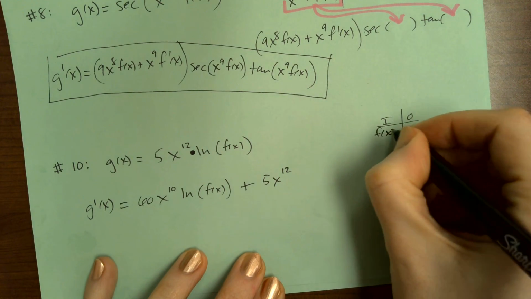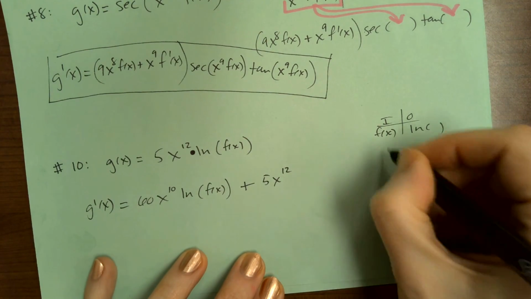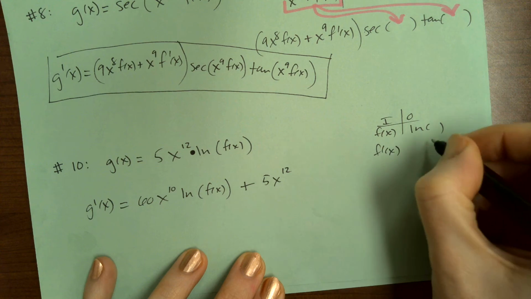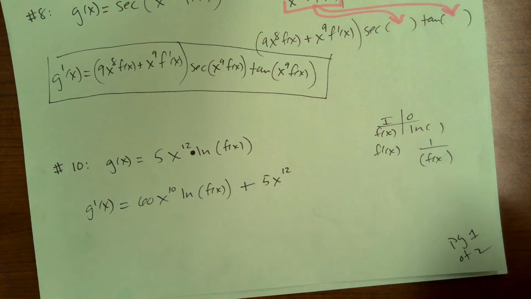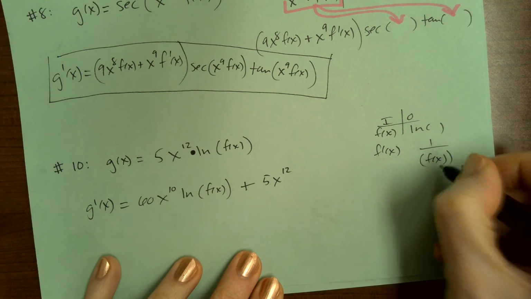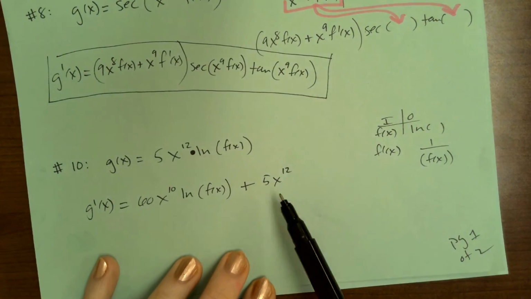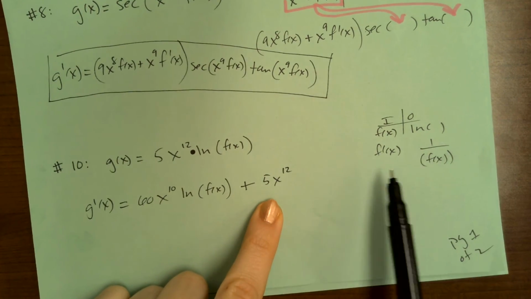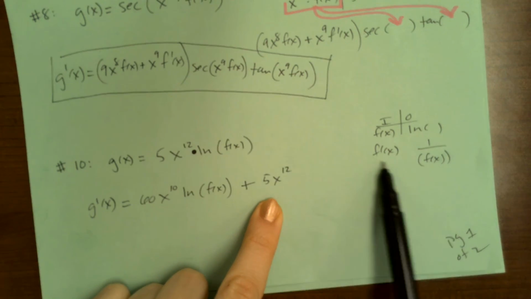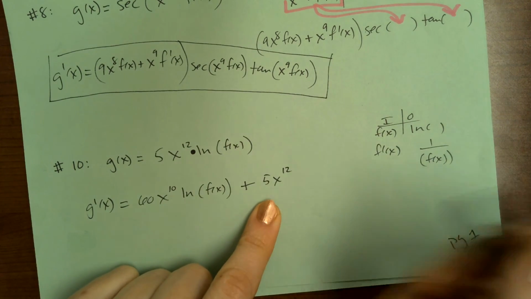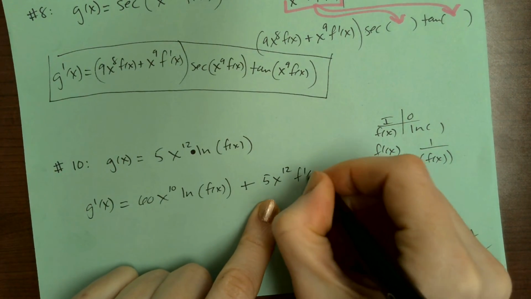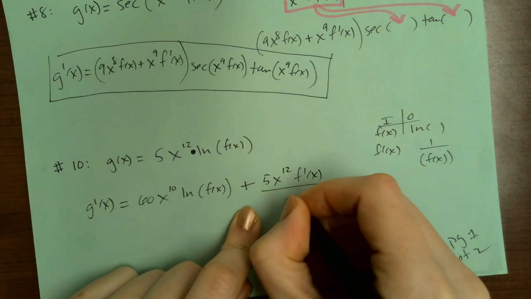So f of x is inside, natural log of blank is outside. f prime of x, 1 over blank, and f of x goes back in. Okay, so I'm multiplying this term by this derivative here. And if I just multiply straight across, I could just put the f prime of x in the numerator,